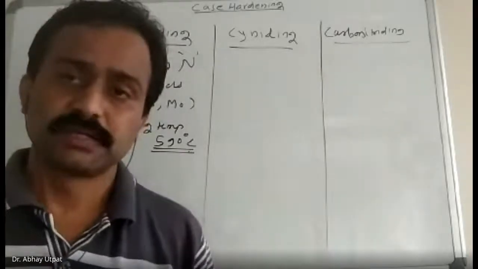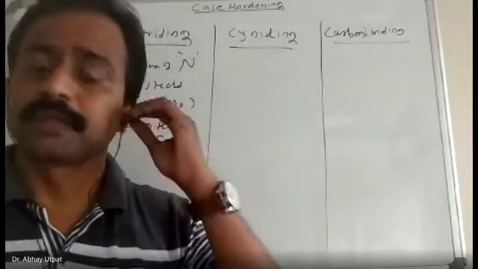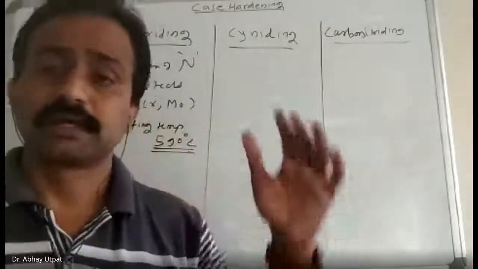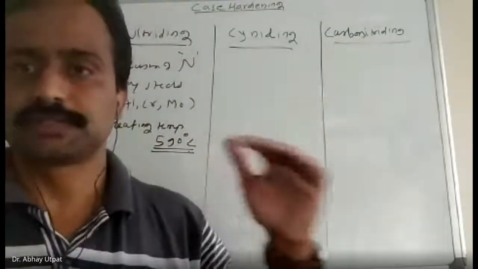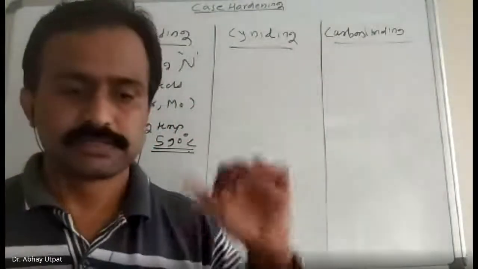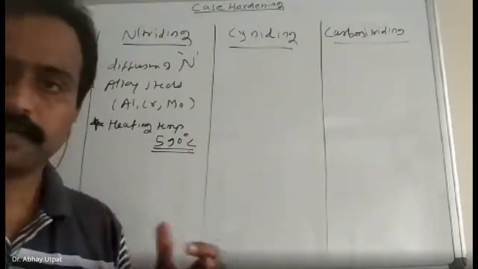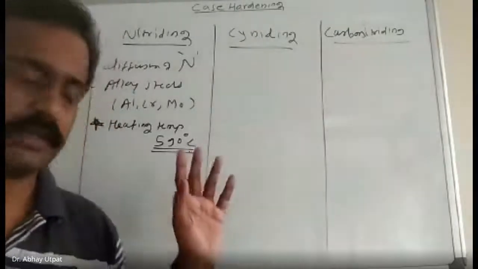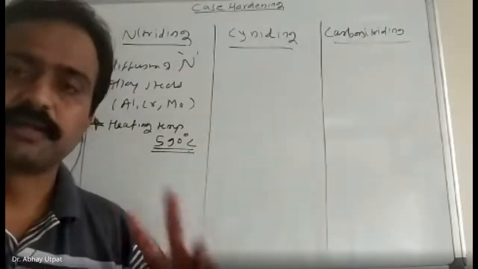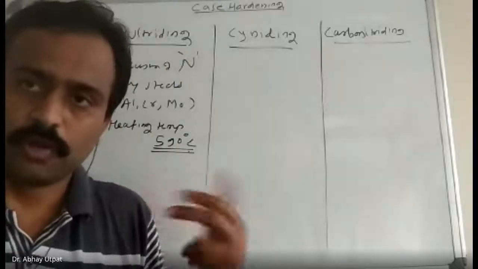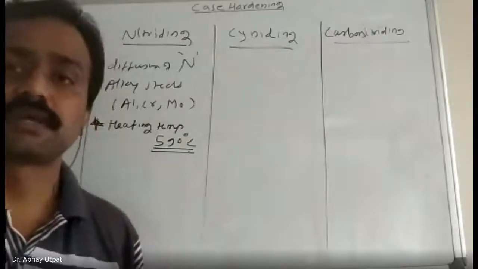Now recall the memories. Which are the subcritical treatments? In annealing, stress relief annealing, recrystallization annealing. These are subcritical treatments. Then tempering is a subcritical treatment, which is carried out below 727. Similarly, nitriding is also a subcritical treatment. Nitriding consists of diffusion of nitrogen in these alloy steels. What happened? When nitrogen goes inside, it forms alloy nitride. So alloy carbides or alloy nitrides, both are harder, and it will make the surface hard.